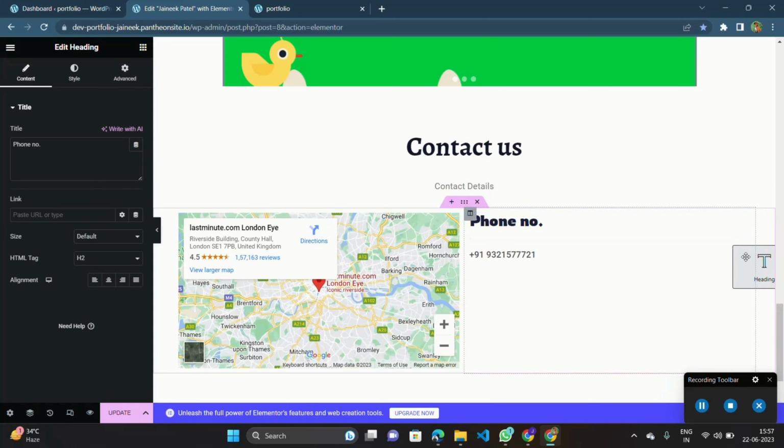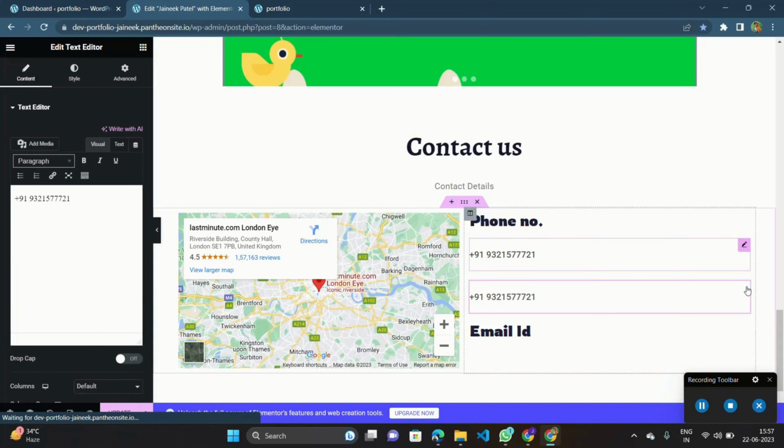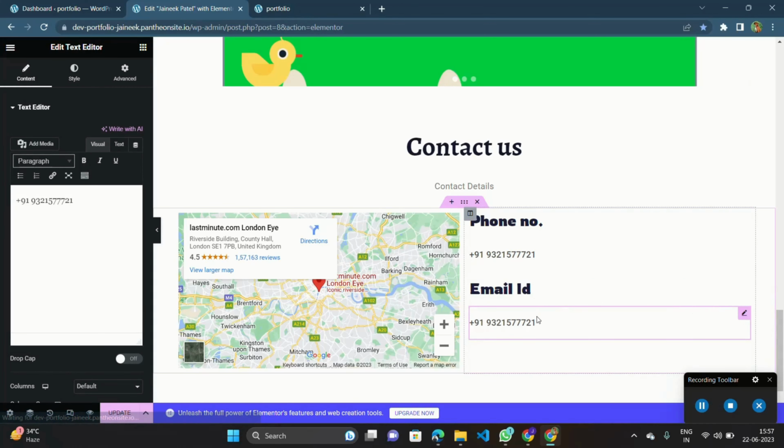plus C, and drag this title below your number and change it to email, because if someone wants to email you or wants to contact you with your Gmail account, you will write your email ID, and like that you will add your Gmail here. So my Gmail will be developer.remote.com. So this is my Gmail, and